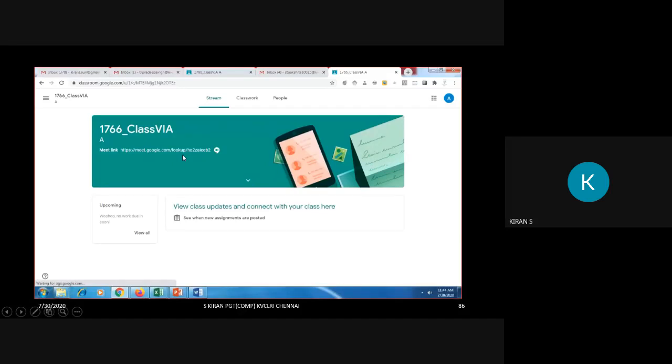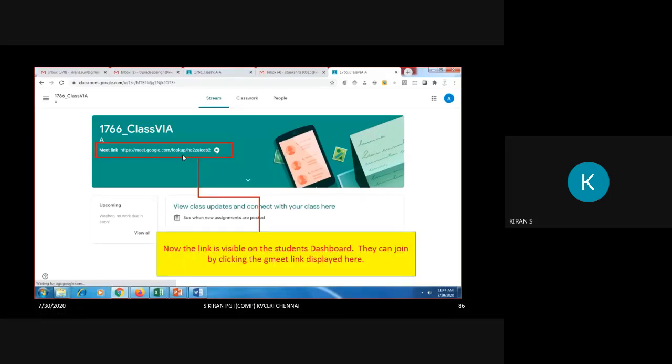This is the student dashboard. Now the student doesn't have to go to calendar, click here, go to calendar and then choose the subject. They can directly click on the link. Whichever subject is scheduled at that particular time, if the student clicks on the meet link, they will be automatically joining.